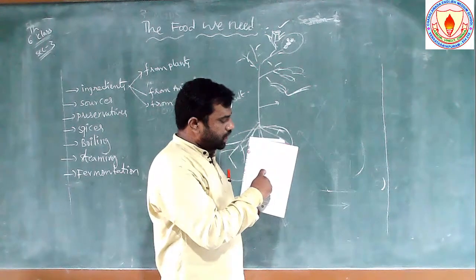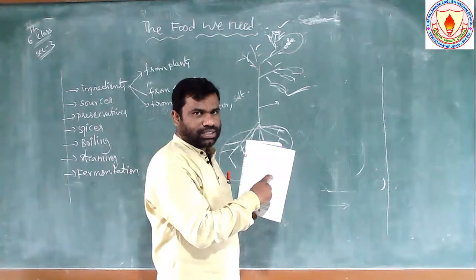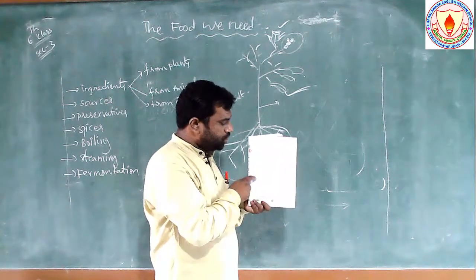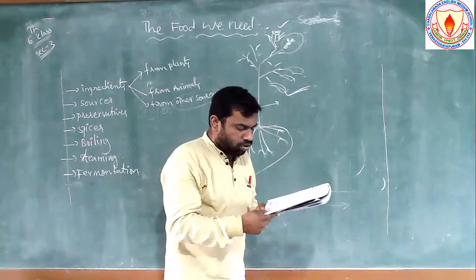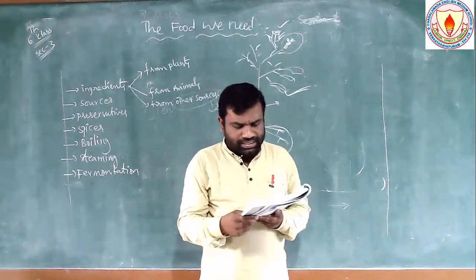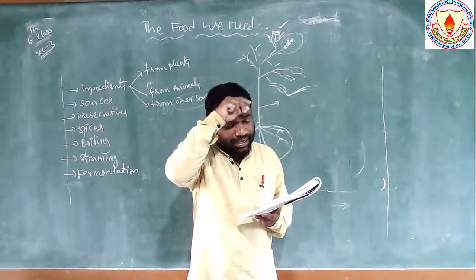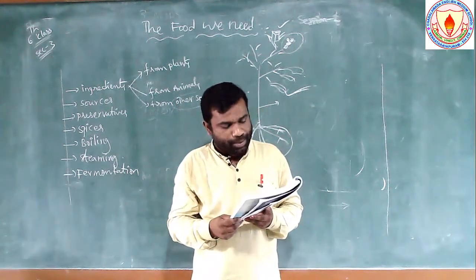Next, groundnuts or coconuts, it is from the plant sources. Yes or no? You have to fill this table and you have to fill the remaining two options also as you wish. Next, we already discussed this, try to increase this list by adding more food items as much as you can in the above table.